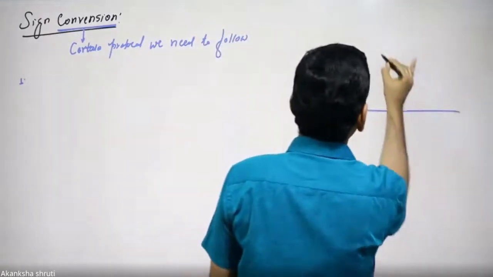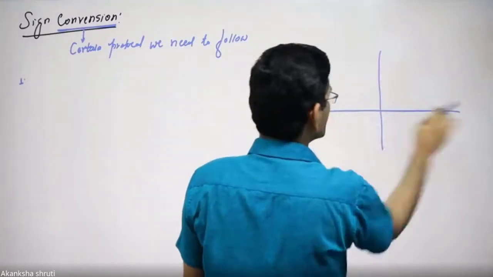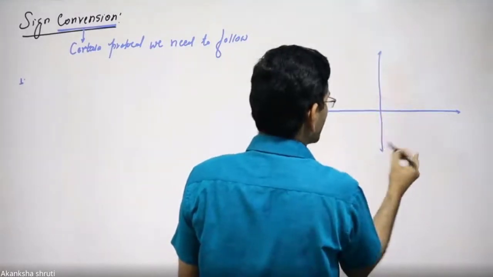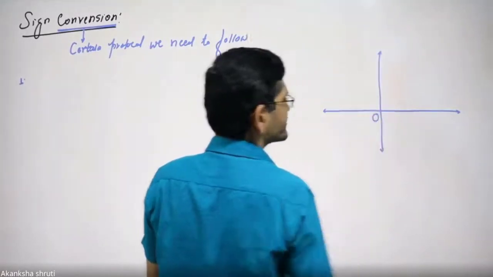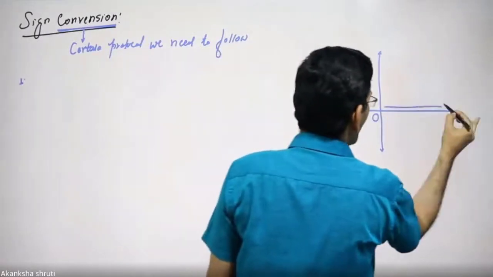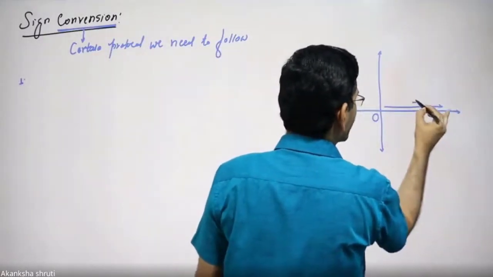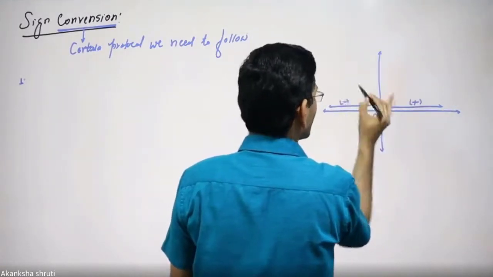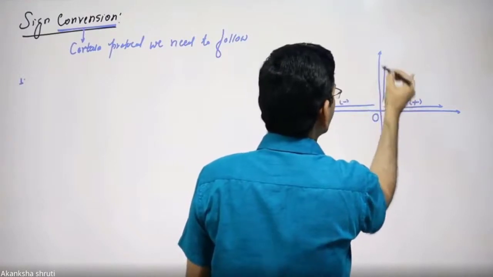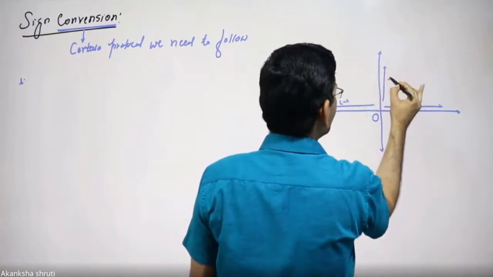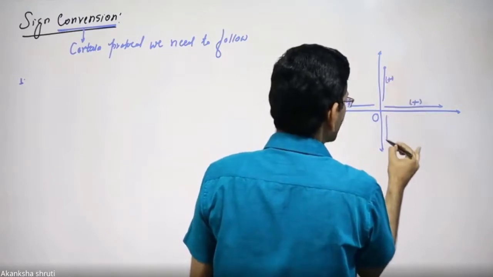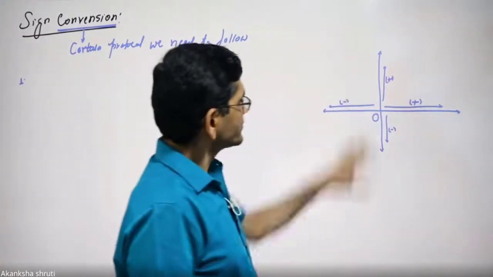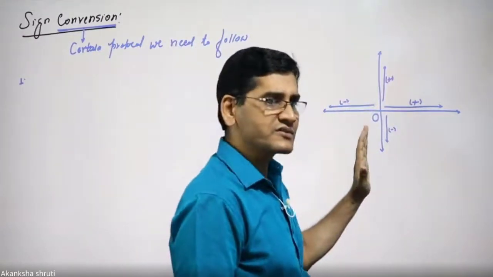Students, we had learned in our coordinate system that there are two lines, one horizontal and another vertical. Where they intersect is called the origin. We had also learned that numbers on this side are positive, and all on the left-hand side are negative. Values in the upward direction of the y-axis are taken positive, and on the downside negative. So this is our coordinate system sign convention.